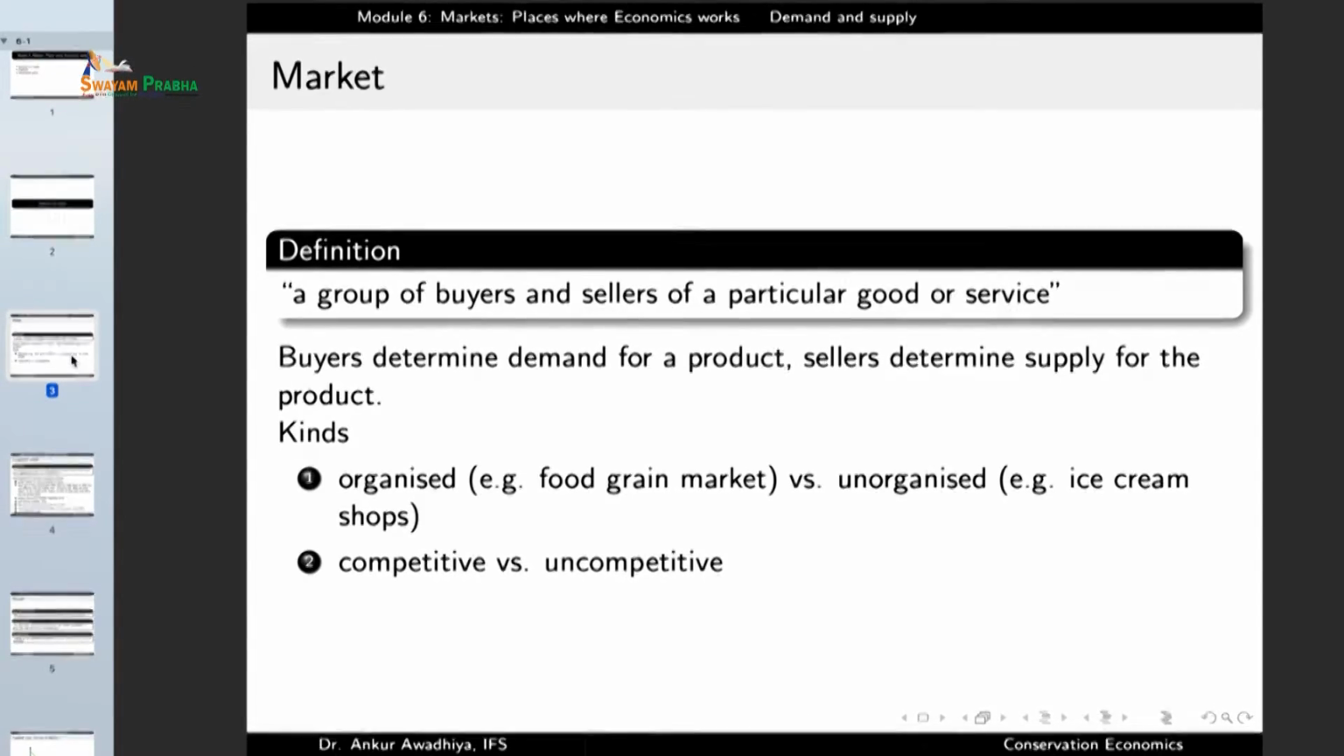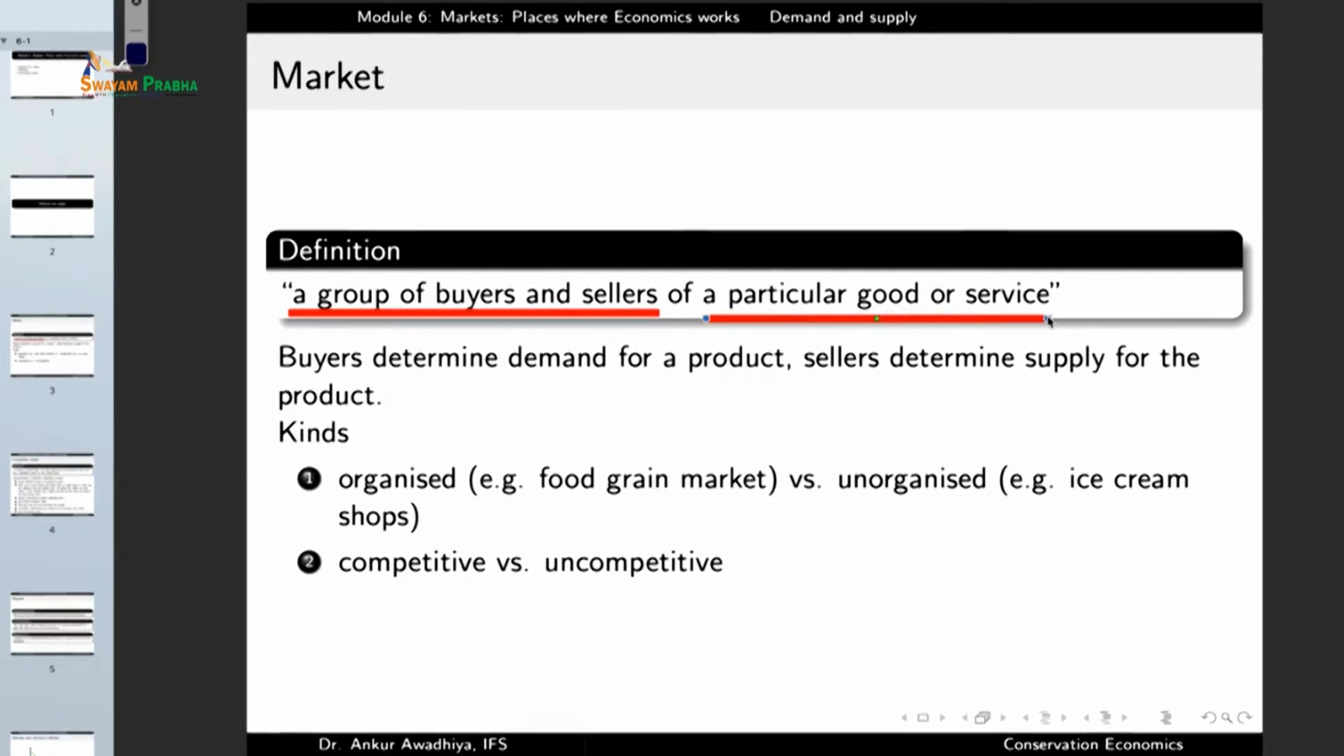A market is defined as a group of buyers and sellers of a particular good or service. It's not just a single buyer and a single seller, it is a group of buyers and sellers. You cannot have a market with only buyers, or a market with only sellers. It has to be a group of buyers together with the sellers of a particular good